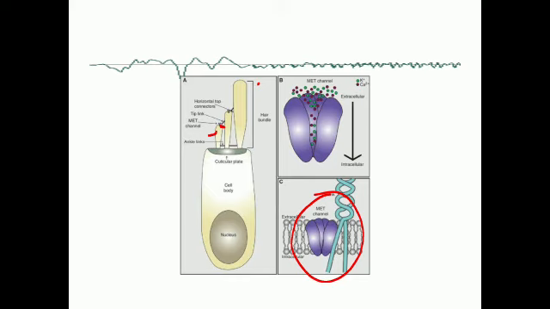And another important point you should know is the base of the hair cells. The hair cells are located on the basilar membrane. So the base of the hair cells are bathed in the perilymph, whereas the apex of the hair cells are bathed in the endolymph.